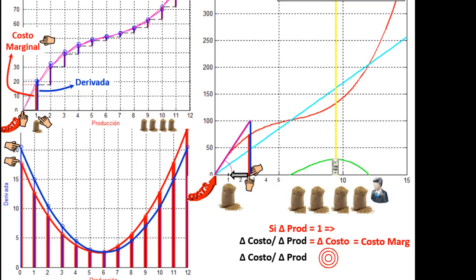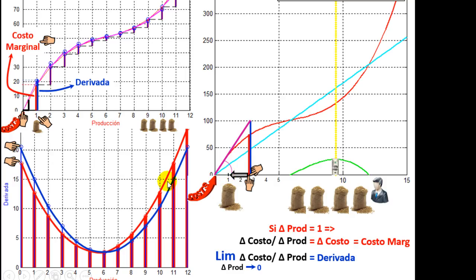If we take this division and we make the increment of production very, very small, then what we get is this value here. And if we take the limit of this division when the increment of production tends to 0, then we get the definition of derivative. So if the units of production are small enough, then these two curves are going to be very, very similar,